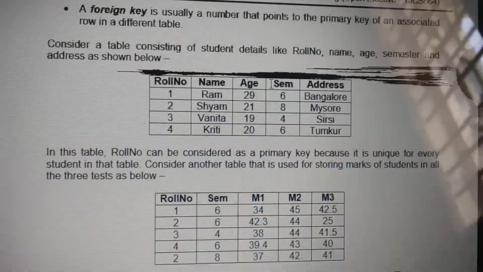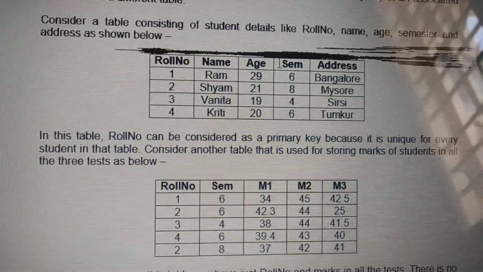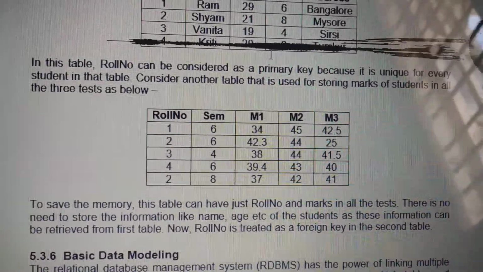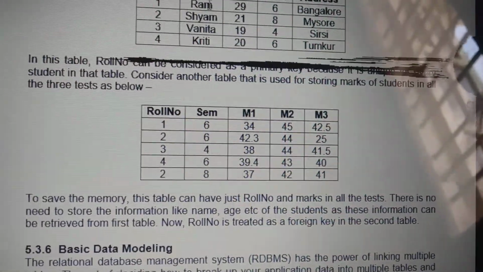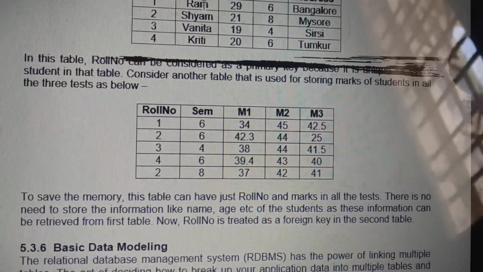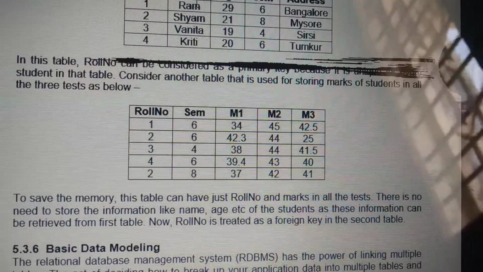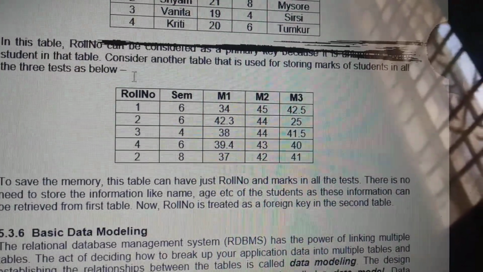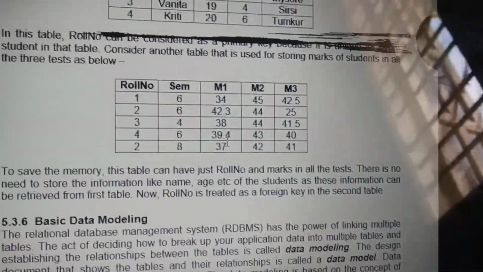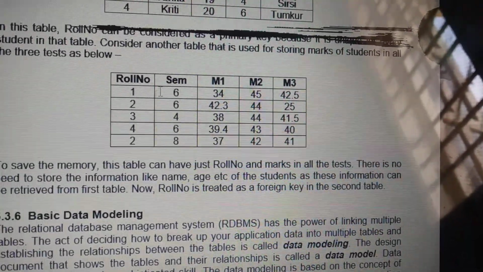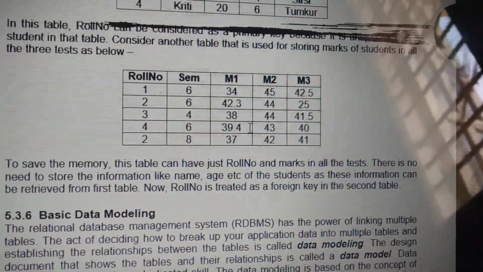But when you go into detail in this table, suppose you type only Ram, you need some details. So how will it be linked? It will be linked by using a primary key and a foreign key. See here, this table is linked with a primary key and a foreign key. It is an integer table.